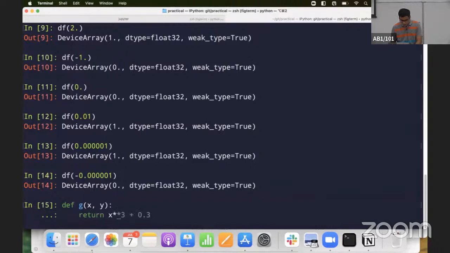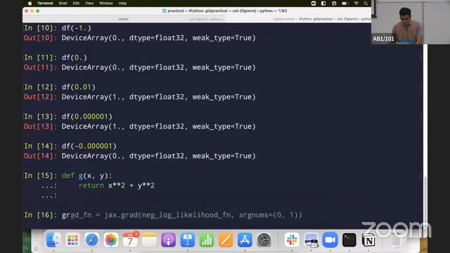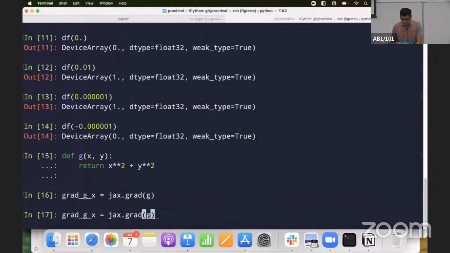Return x square plus y square. And let's write grad of g partial with respect to x is equal to jax dot grad of g. Because the first argument will directly be picked up. And if I have to write,